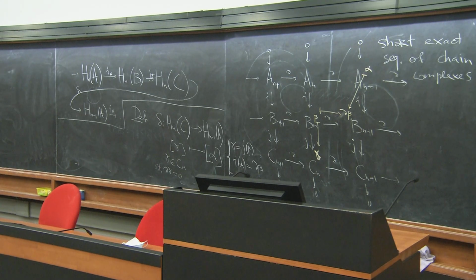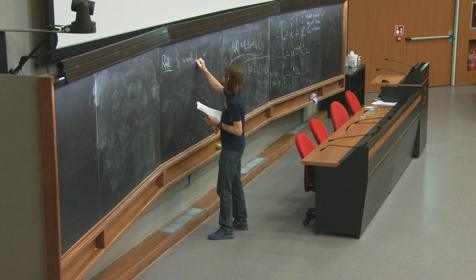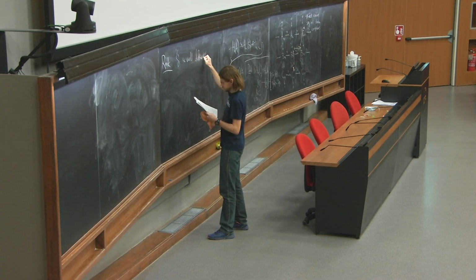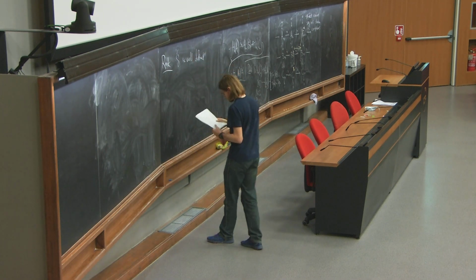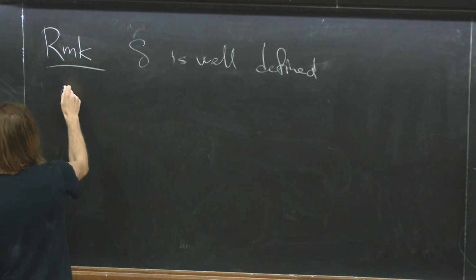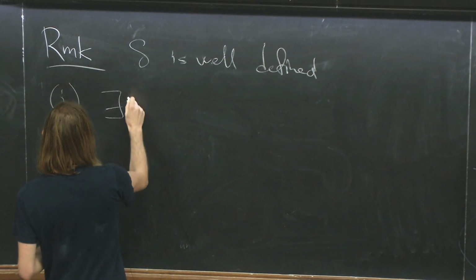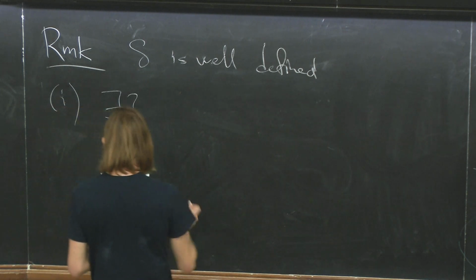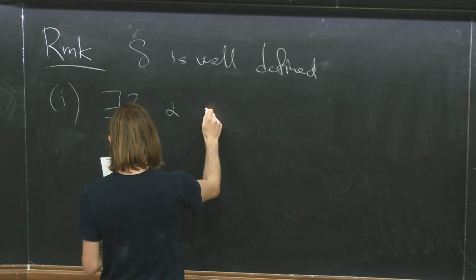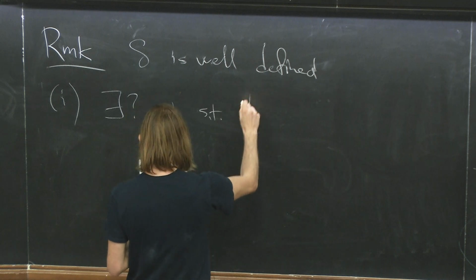We formulate the following remark. This delta is well defined. The first question, indeed, we want to ask is, does it actually exist? There exists alpha such that this system